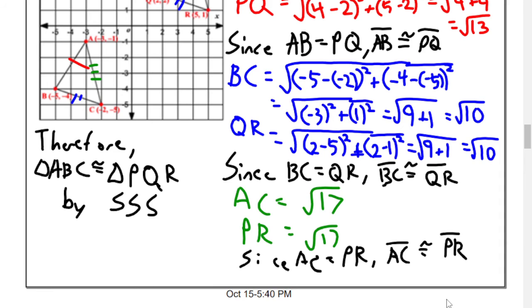There are your answers. I showed the work for the second pair of sides, and then that's what you should get for the third pair of sides. And we have 3 pairs of matching sides. Therefore,